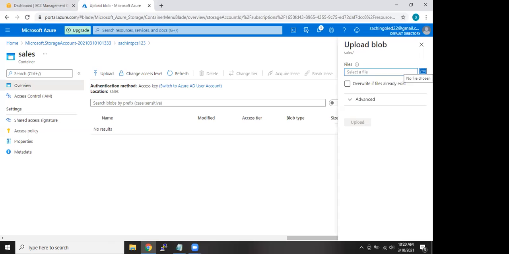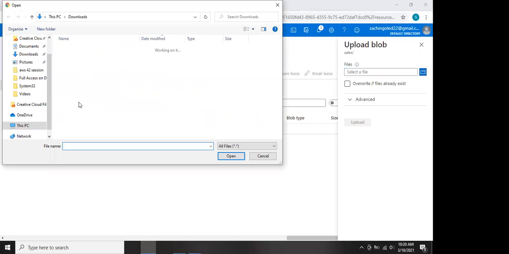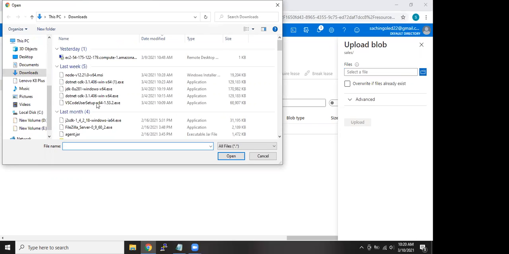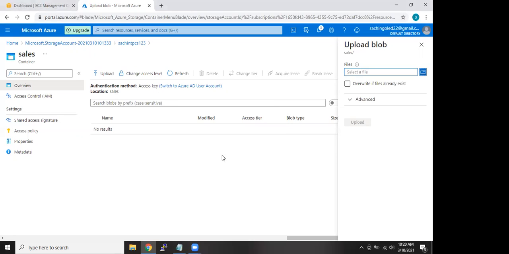Click the button. Select any files. Say upload.